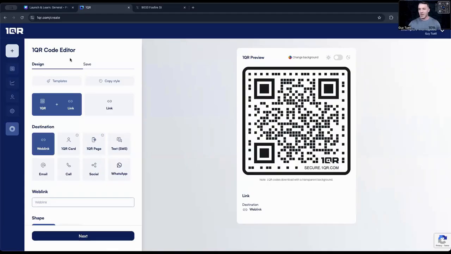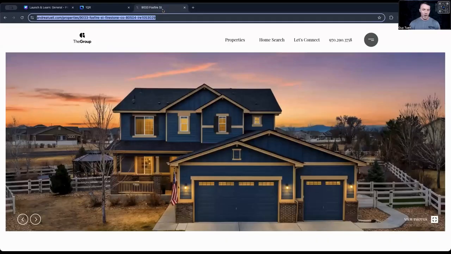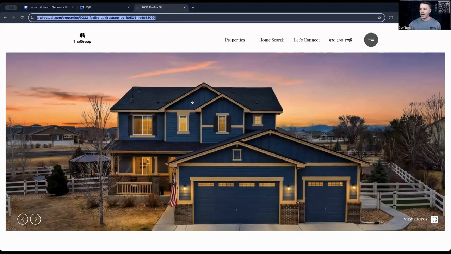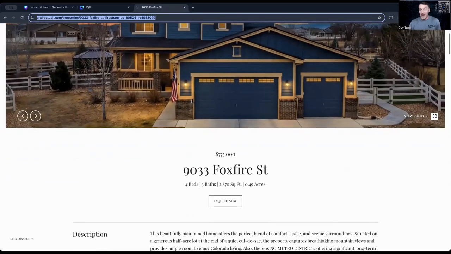So we're going to simply give some examples here. My wife's a realtor, so she allows me the opportunity to essentially market for her in a lot of these demos. So I've already pulled up her website and a listed active property. To give the example, all I have to do is copy the URL of the page. You might ask, well, okay, I want to give access to them.